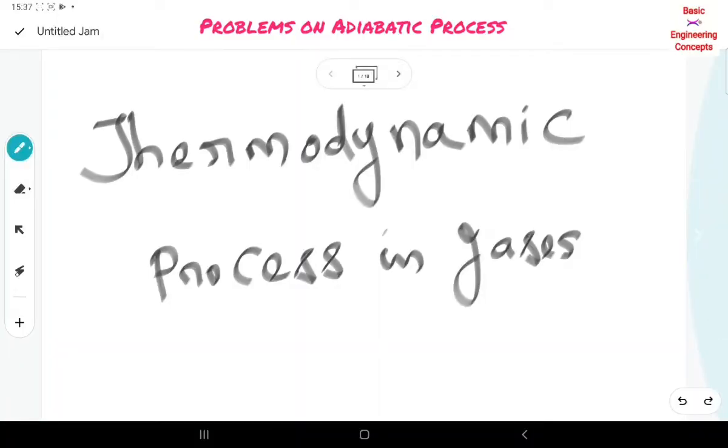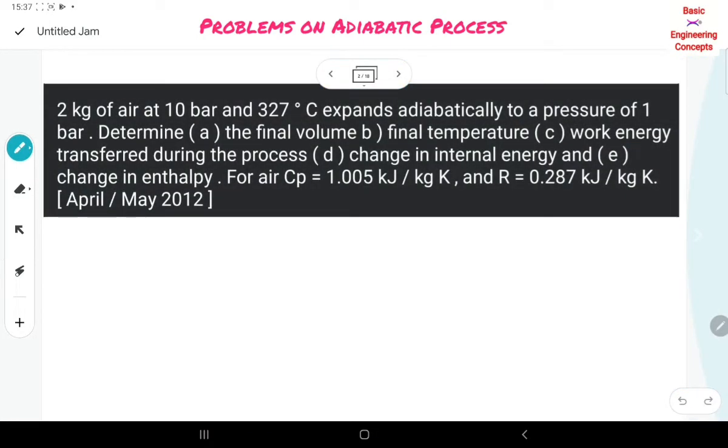Welcome to Thermodynamic classes. In this class, I want to explain some worked out examples in thermodynamic processes in gases. So the first example is